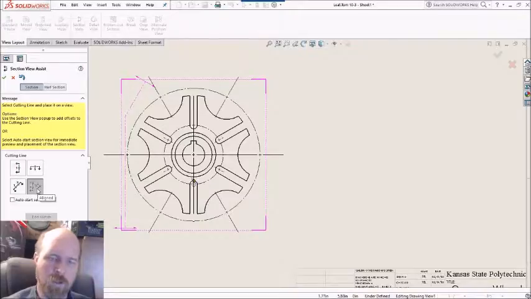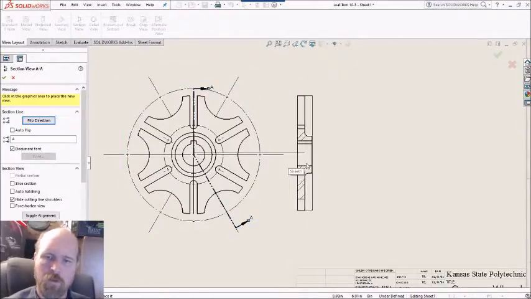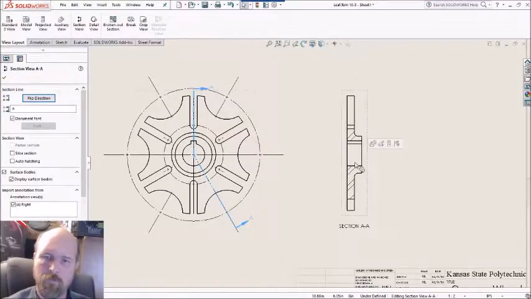So I'm going to choose the aligned feature, which then when I choose the center of my object, and then I choose the center point of this slot here, and then I come down and I choose the center mark of this arc, it now places a section line through the part so I can get detail from the slot, the key, and this arc. So I choose OK, and then I'll pull my view over here, and